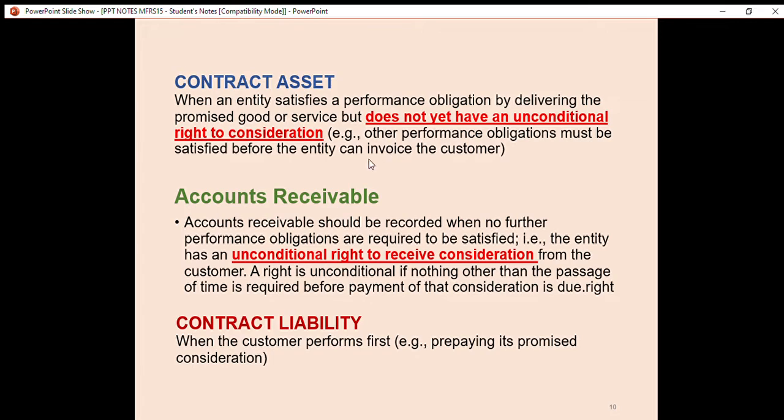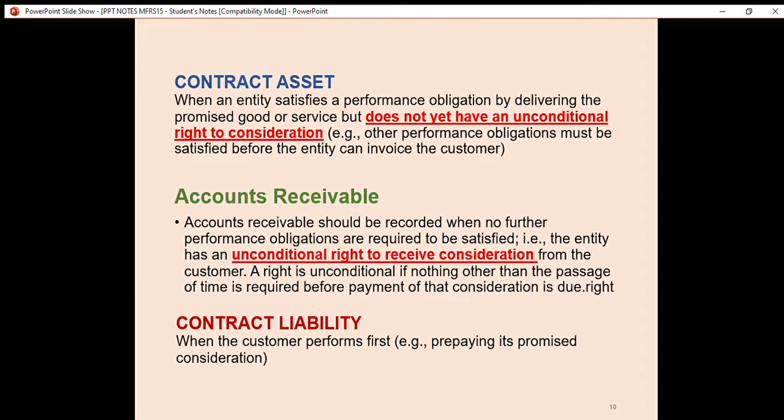So in this situation, the company must meet a certain condition in order to have the right to receive payment from its customers. This contract asset usually happens when a company has more than one